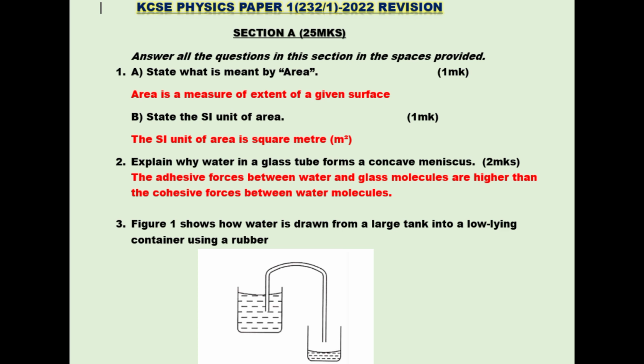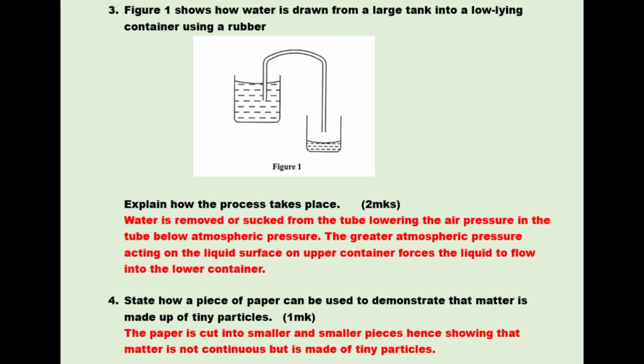Question 3. Figure 1 shows how water is drawn from a large tank into a low-lying container using a rubber tube. Explain how the process takes place. Water is removed or sucked from the tube, lowering the air pressure in the tube below atmospheric pressure. The greater atmospheric pressure acting on the liquid surface in the upper container forces the liquid to flow into the